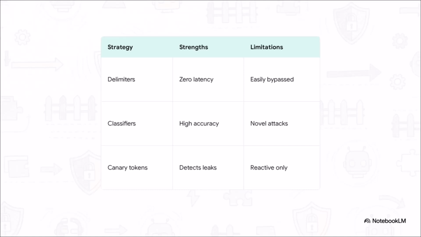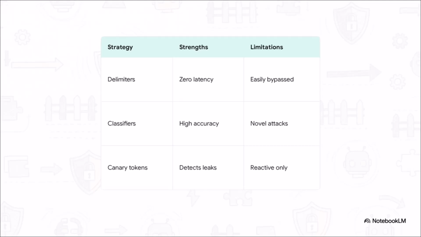It scans chunks of retrieved data for poisoned text before the main AI even sees it. Finally, we use canary tokens. We embed a secret string of text right into the agent's system prompt. If our output filters ever see the AI spitting that secret token out, we immediately know the agent is compromised and trying to exfiltrate data.